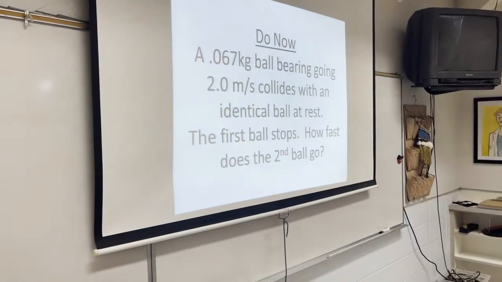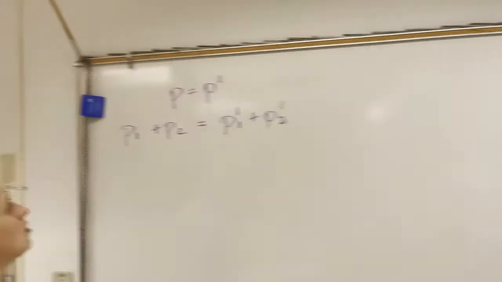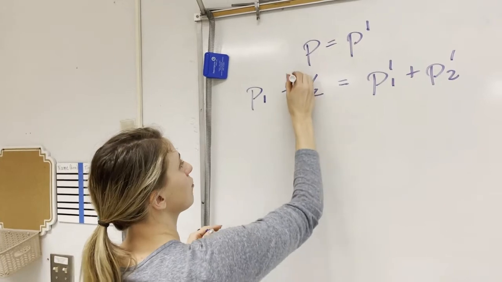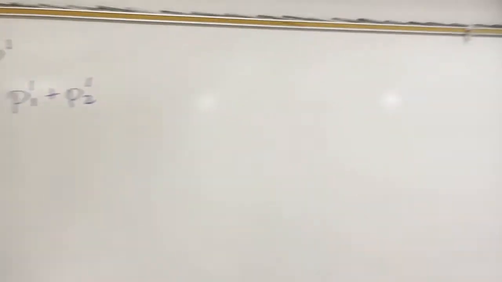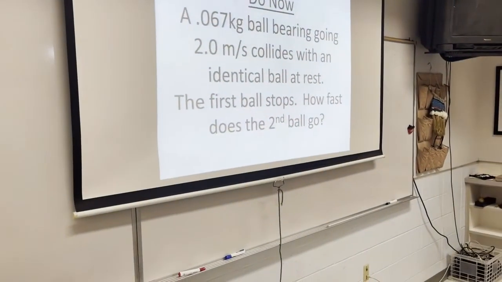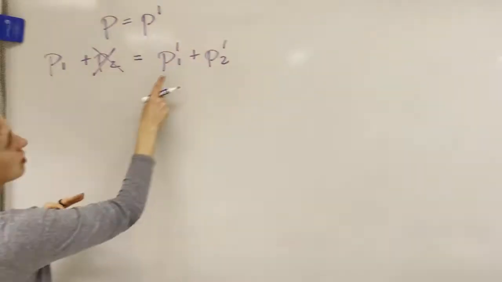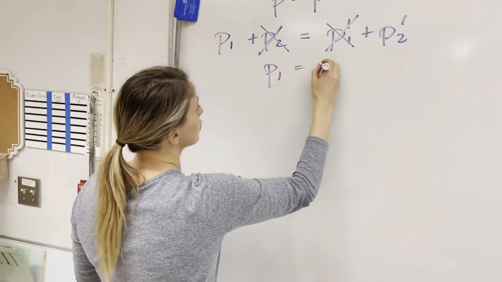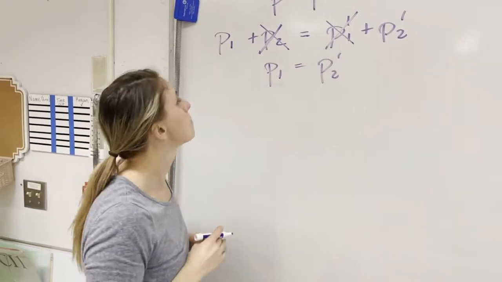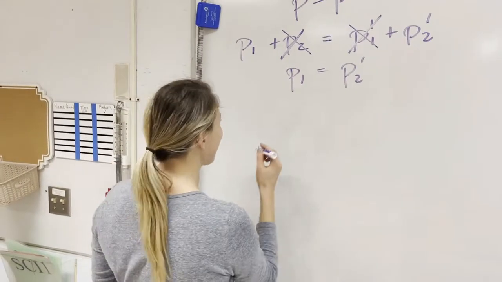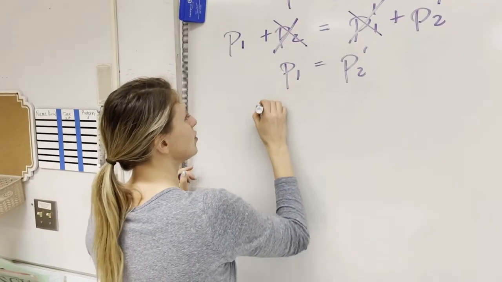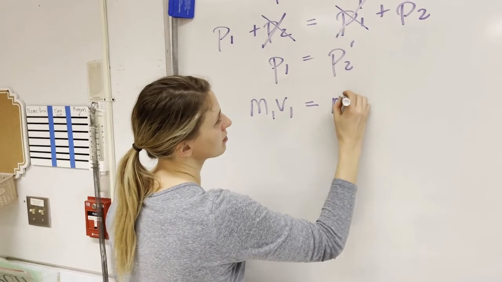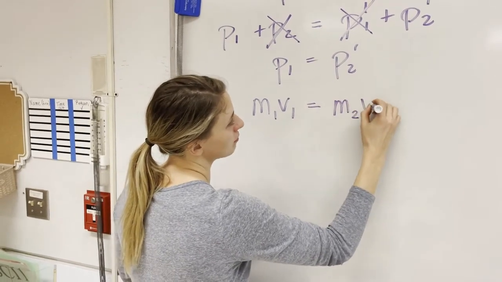Okay, so what's going on here? In the beginning, the second one is at rest, so we're going to get rid of this one. That's 0. And then at the very end, the first ball stops, right? So that one's 0 as well. That means we've got P1 equals P2 prime. Now we've got the M's and V's. So the mass of ball 1 times the velocity of ball 1 is going to equal the mass of ball 2 times the velocity of ball 2